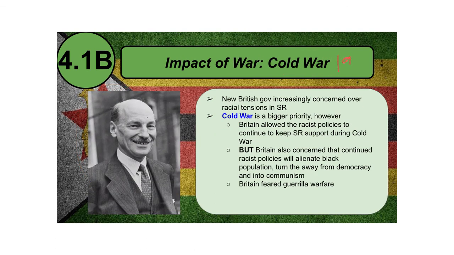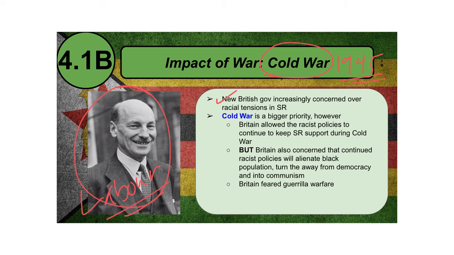In 1945, when World War II ends, we see the beginnings of the Cold War, and priorities begin shifting within the British Empire. Right in 1945, the British government had an election, and Churchill lost, believe it or not. Even though he guided them through World War II, his government lost re-election in 1945, and this gentleman, Clement Attlee, a member of the Labour Party, replaced him. So he was going to have a new British government.